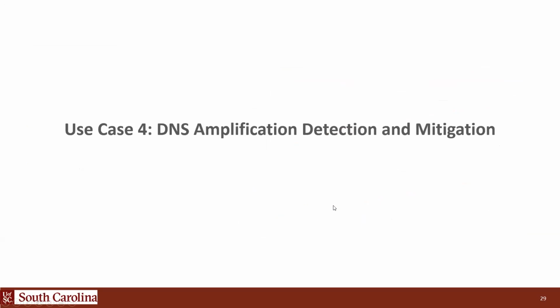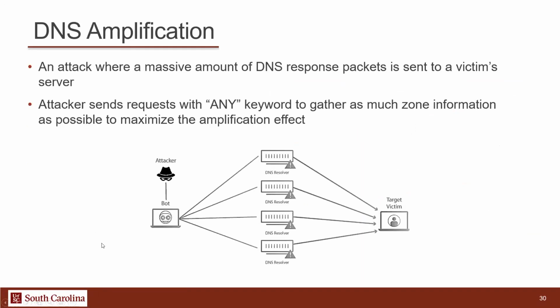And finally, we have an attack on DNS amplification, and how can we mitigate it in P4. DNS amplification is an attack where a large number of DNS responses are sent to a victim machine. Typically the attacker would send the DNS request and use the ANY keyword when sending that request. This way, the resolvers will try to get as much information for that zone as possible and maximize the amplification